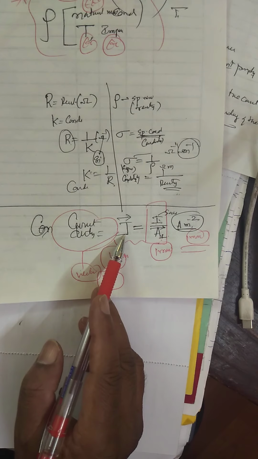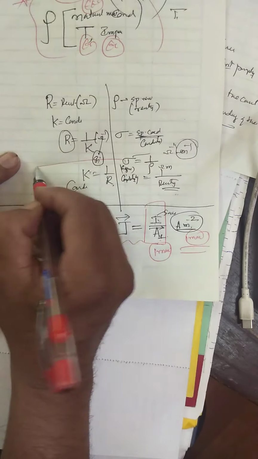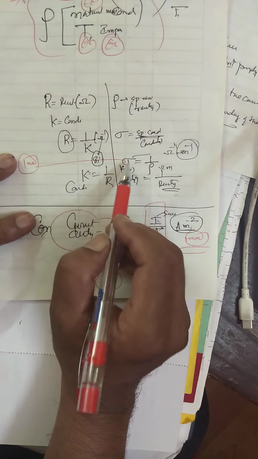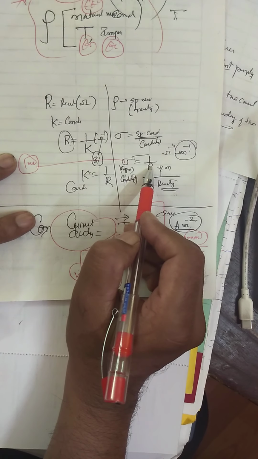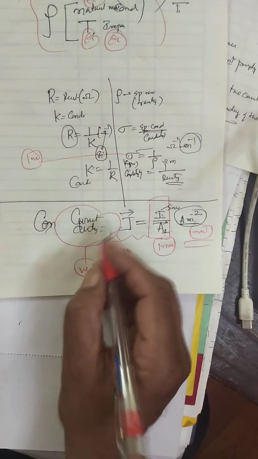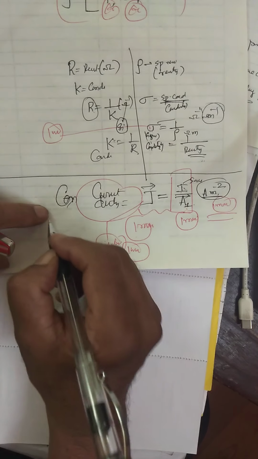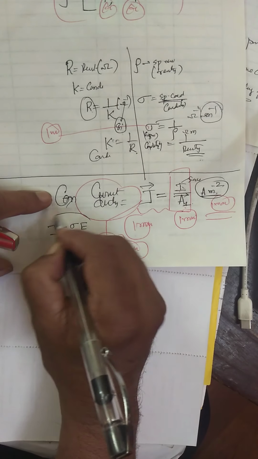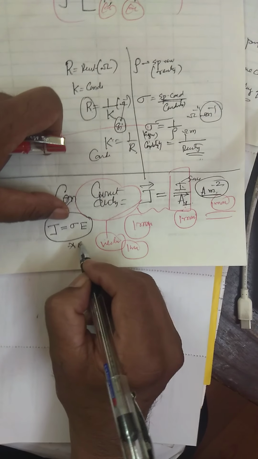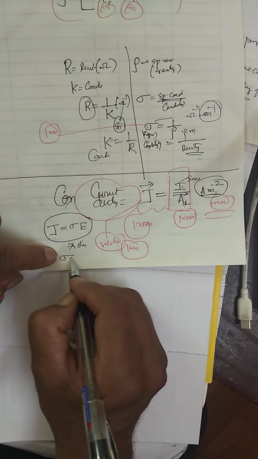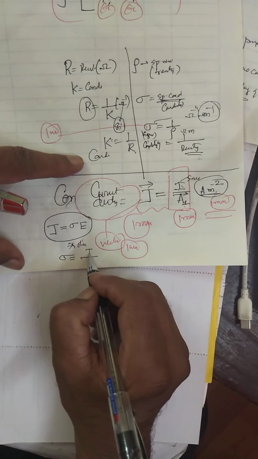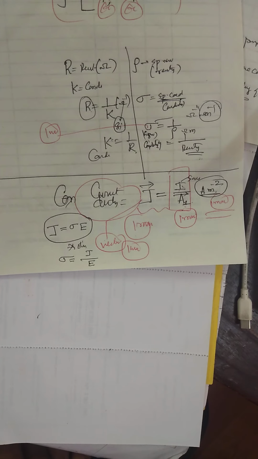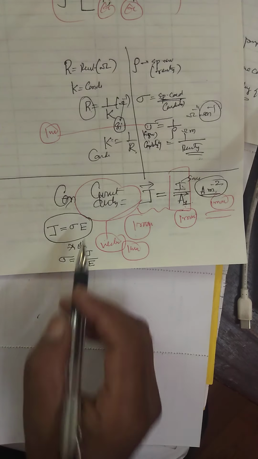Therefore, define electric conductivity, they may ask. This is called electric conductivity. This is also 1 mark. It is the ability to conduct the current. It is also a ratio of what? See, they give you like this. Conductivity, there is a relation. Current density is equal to sigma times electric intensity, J equals sigma E. This is another formula. This is also called Ohm's law. Therefore, conductivity is also defined as the ratio of current density per unit electric intensity. These and all we will do in the next class.